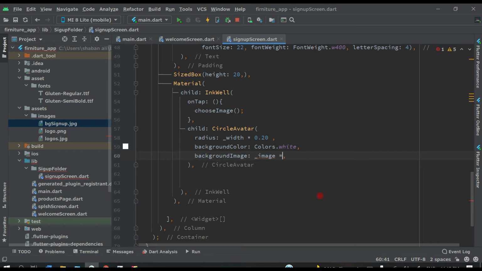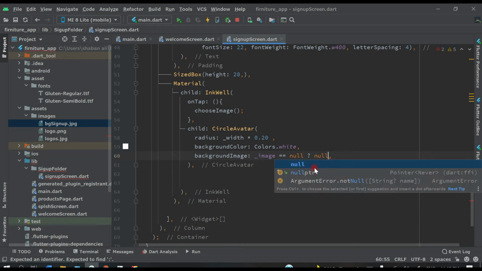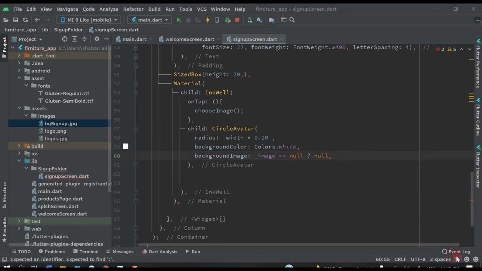If this image equals null, we will pass null like this, nothing else.